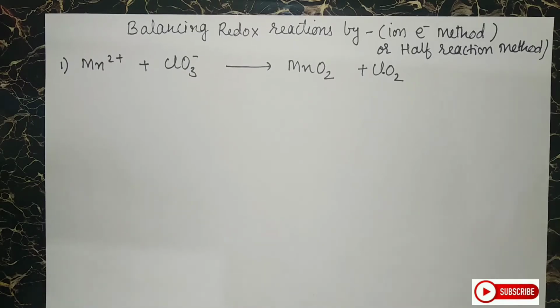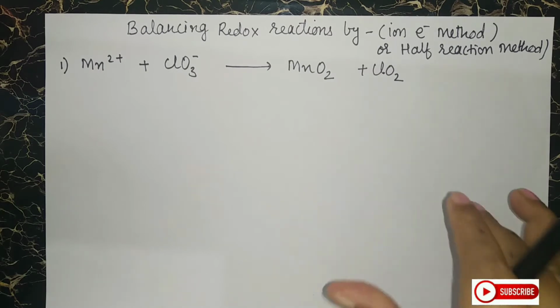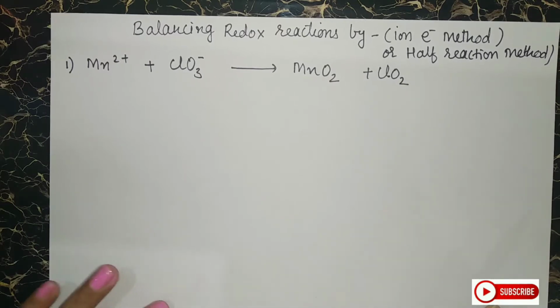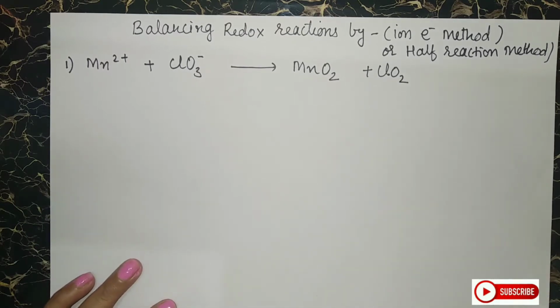Hello students. In this video, we are going to see how to balance the redox reactions by the ion-electron method. This ion-electron method is also called the half reaction method. The other way to balance is the oxidation number method, and this is the easy way to balance the redox reactions. So rule 1 is you have to assign the oxidation numbers to all the species which are involved in the